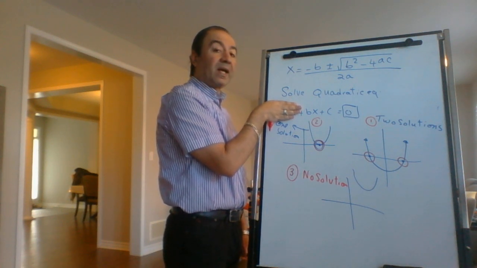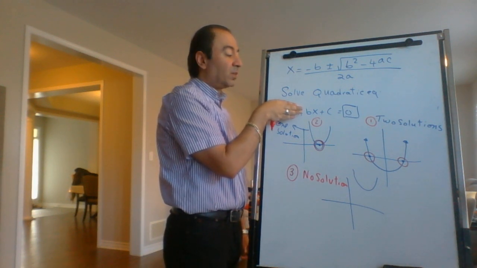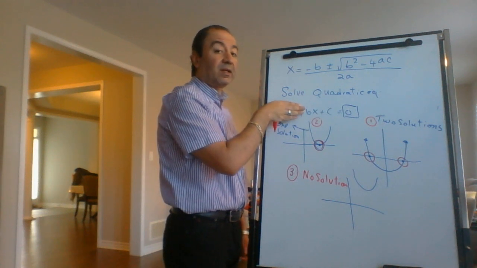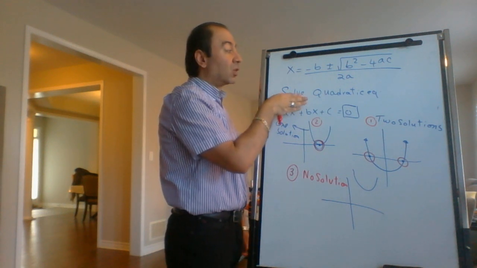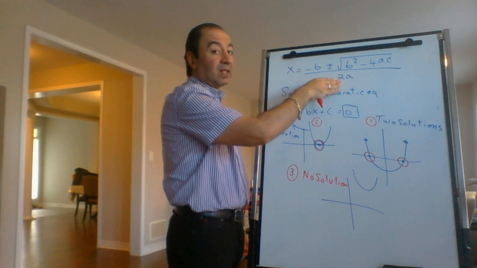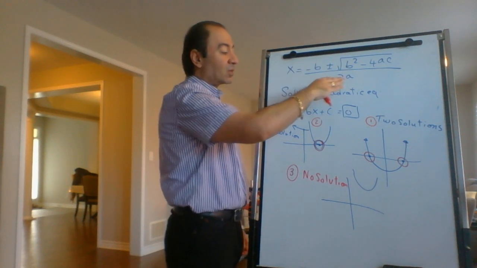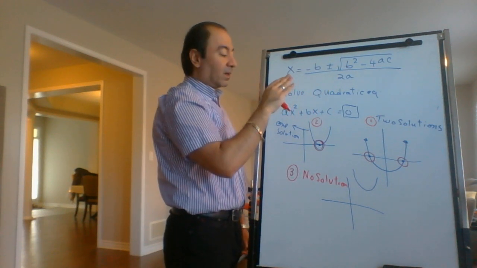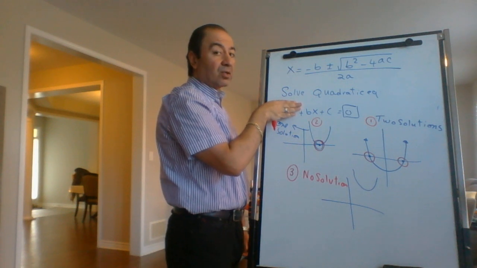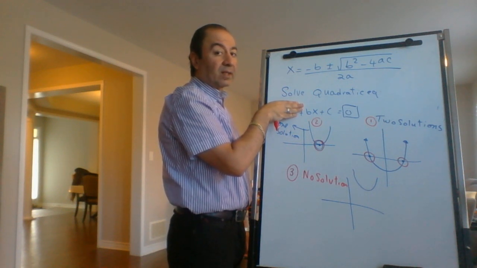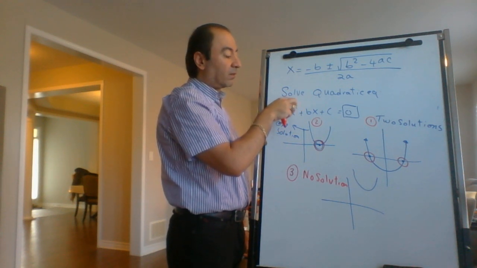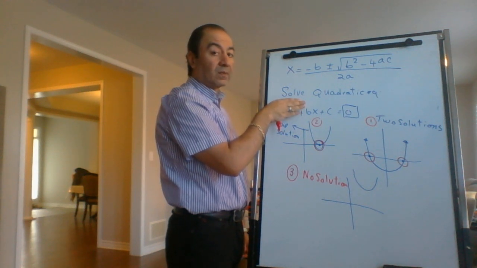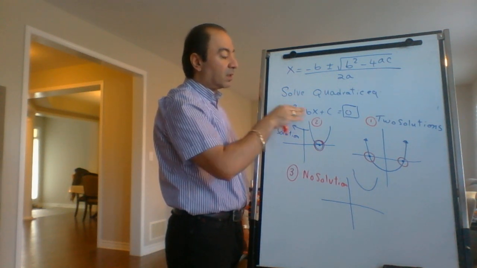So we are not going to have a quadratic anymore. It will be a linear relation, right? The reality is, if a is 0, this will not be quadratic, because for a quadratic we must have the highest exponent be 2. So if this is 0, this will be gone, and we're going to have